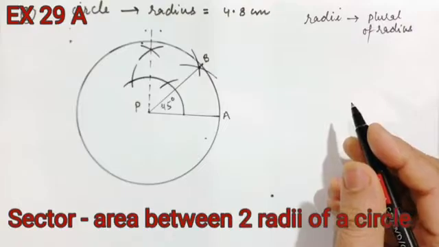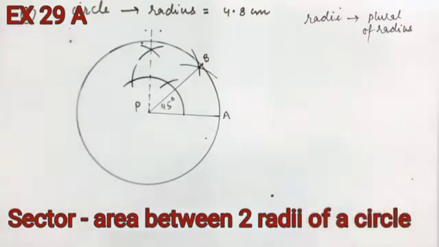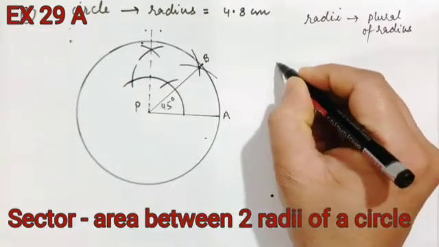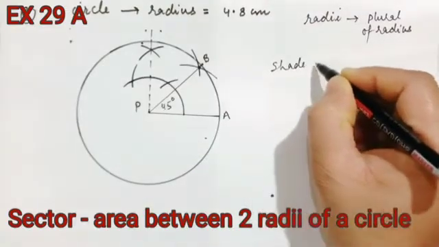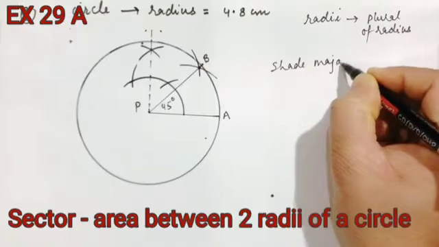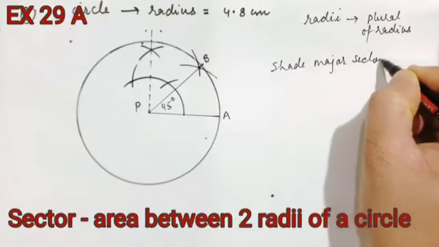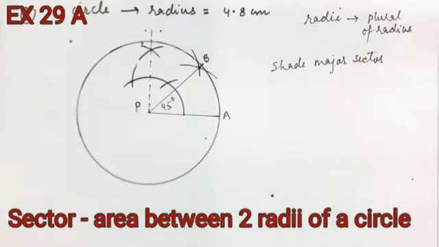Draw a circle. अच्छा, shade the major sector of the circle. What are they asking us? To shade the major sector. ठीक है। तो शेड मेजर सेक्टर का मतलब क्या हुआ? शेड मेजर सेक्टर मीन्स दैट